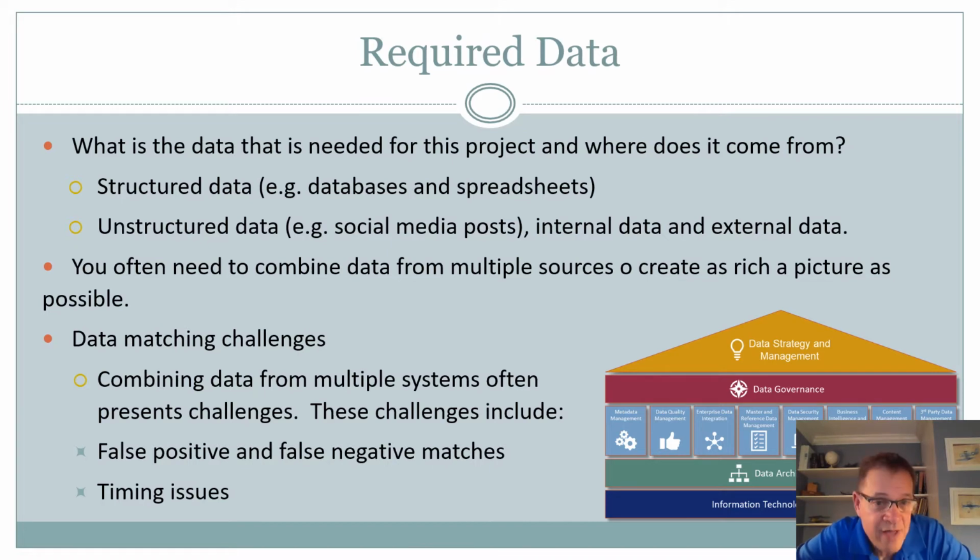So the required data that you're going to need: what is the data that's needed and where is it going to come from? It may be structured data, in that it comes from things such as databases or spreadsheets. It could be unstructured. It could be filtering text off of things such as social media posts or Google comments, and there are tools available that will filter out somewhat what different people were saying and can take the pieces out of that,